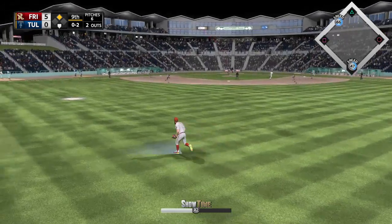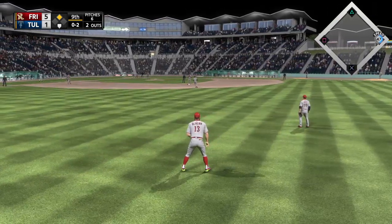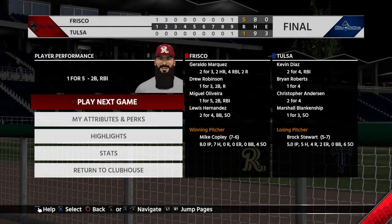Lofted in the air out toward right center. Devitt on the move. He won't have a play, and this should finally get him on the board. And that runner crossing from second scores their first run. It's now a 5-1 game. Tonight's game comes to an end, 5-1, the final score. The Frisco Rough Riders jumped